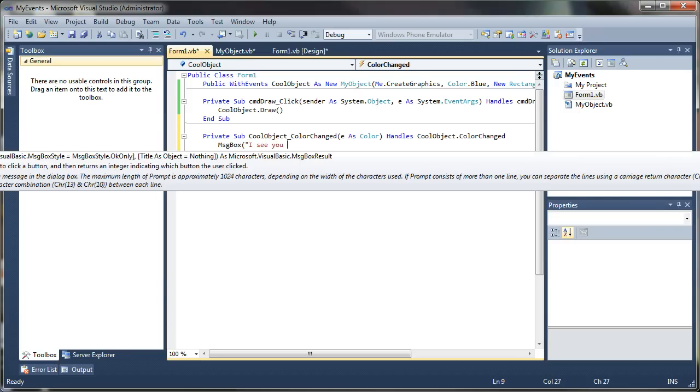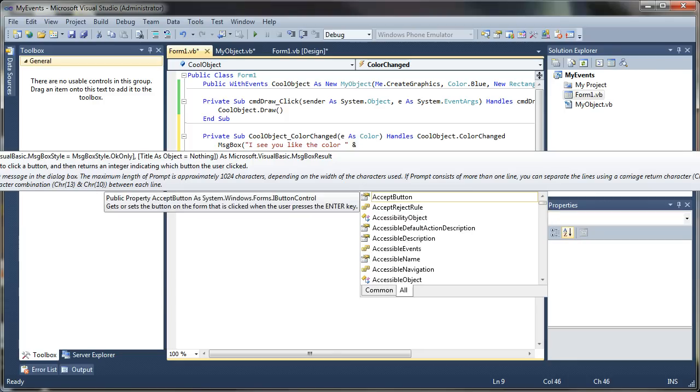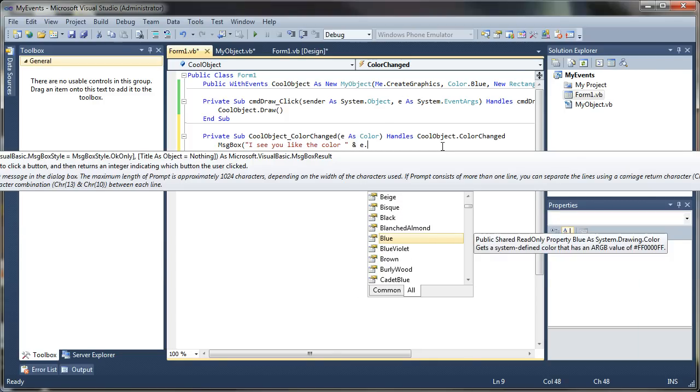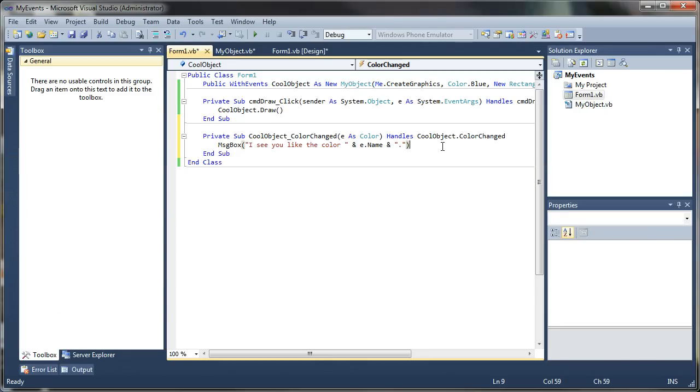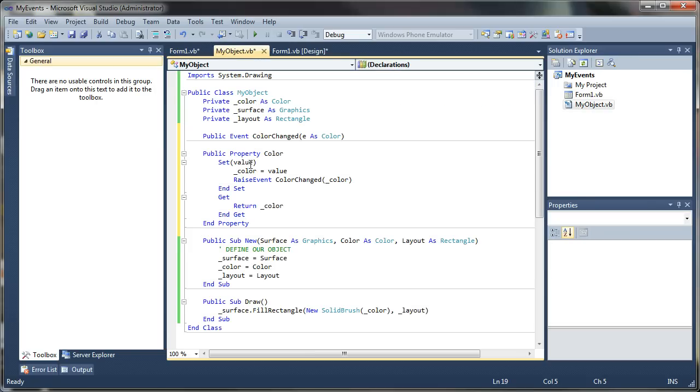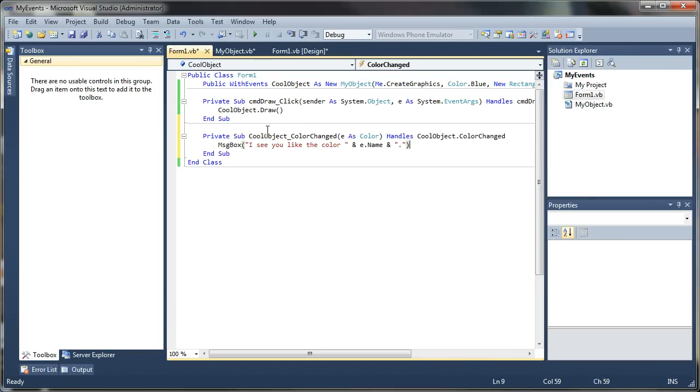I see you like the color. Close our string, and we want to return the color from the parameter, so we're going to say E dot name, and it'll return the name of the color. Close that with a period. And so now if our color changes, using this public property, it'll raise this event, and if it works correctly, then it should execute this message box